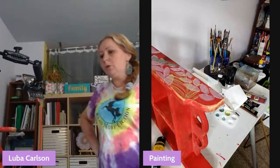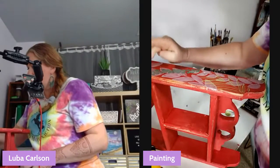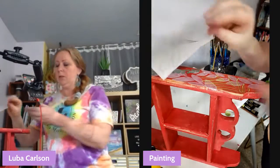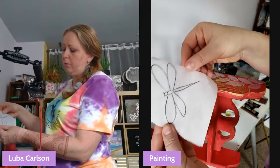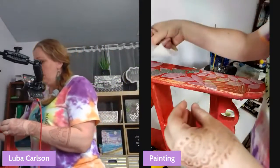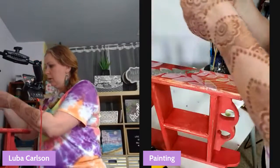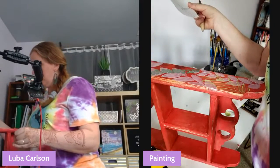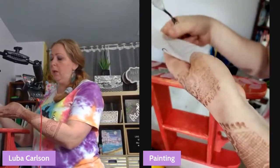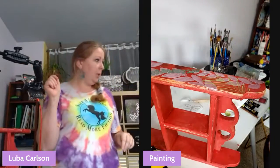Now I did tell you that I was going to show you how to do a dragonfly. This is dry, so I can do the dragonfly here. So this is the parchment paper here. I simply traced a dragonfly with a pencil onto my parchment paper, and then I'm gonna grab something with a flat handle. Oh, you know what? I'm not. Okay, not a good place. I'm gonna have to wait for this to dry. But what you do is you put it down and then you rub on it, okay? And then your pencil will print on your work area, and then you can paint, or